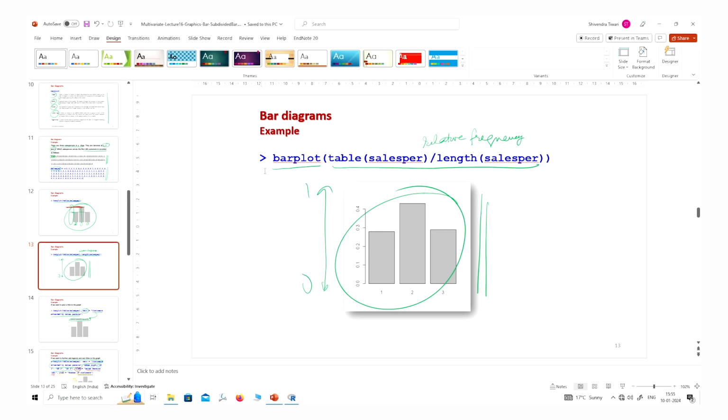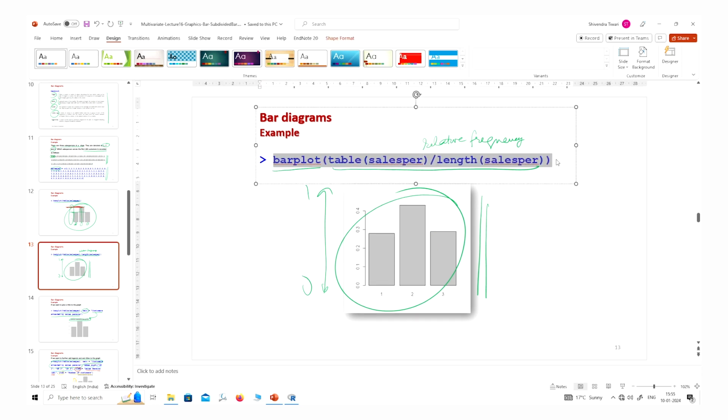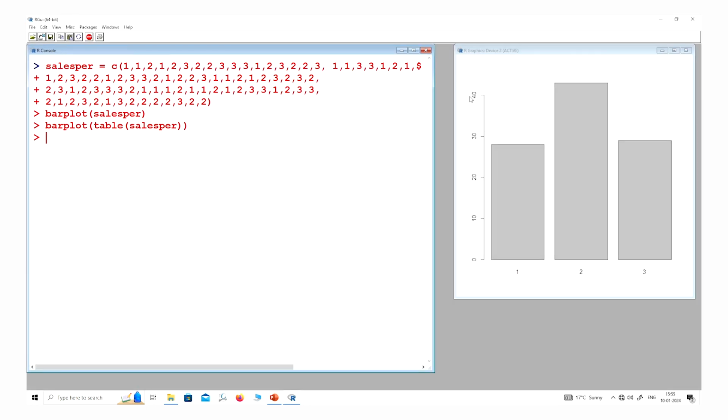And if you want to make it with respect to the relative frequency, you can see on the y-axis the range is going up to 40. Well, you can also control it by xlim and ylim on the x and y axes, but here it is taking the default value. But if you now plot it with respect to relative frequency, you can see this range is changed to 0 to 0.4, right?